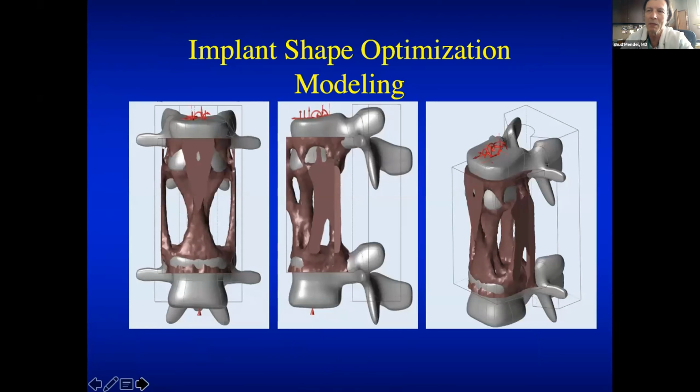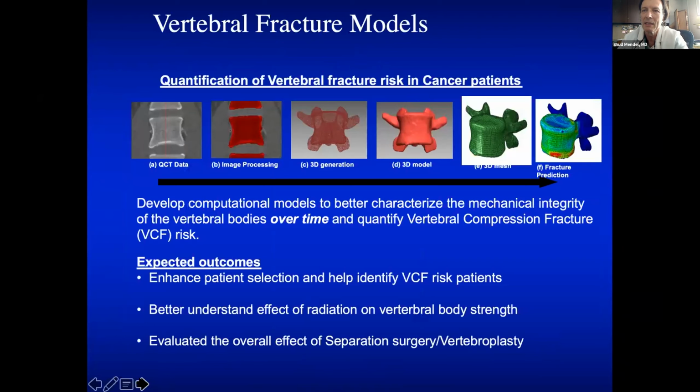We're looking at other models when it comes to whether it actually needs to be cylindrical, or whether it can be a different shape that can restore just as much mechanical stability to the spine. So we are looking at vertebral fracture models. We quantify risks for the cancer patient of how much of the bone needs to be involved before